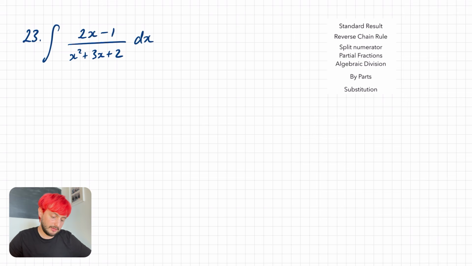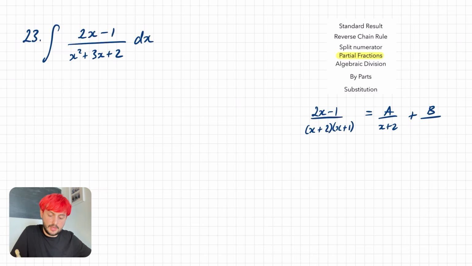So almost this looks like it could have been a reverse chain rule. However, the denominator would differentiate to 2x plus 3, not 2x minus 1. So you can't do the reverse chain rule here. You might think it's algebraic division, but actually it could be partial fractions, because 2x minus 1 over x squared plus 3x plus 2, and x squared plus 3x plus 2 factorizes to x plus 2, x plus 1. So I know that it can be written as a over x plus 2 plus b over x plus 1,